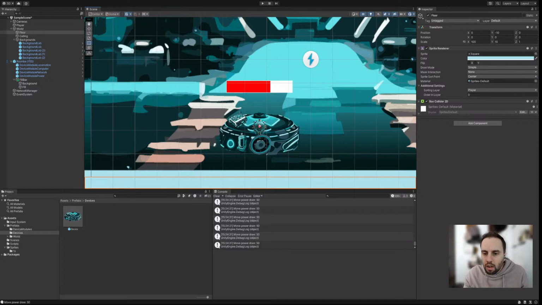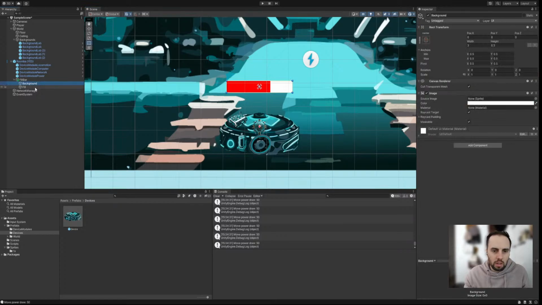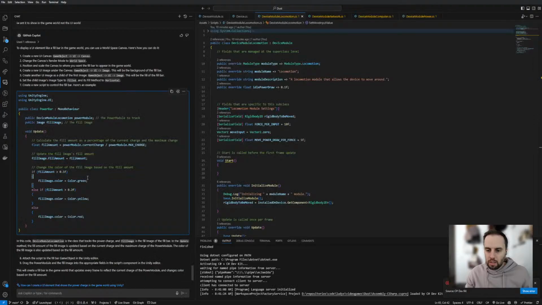Then this will be the fill of the fill bar. Set the child's image type to be filled. But honestly, I didn't see any fill type, so I'm not sure if that's actually a thing. I mean, it looks fine. Then it says here,